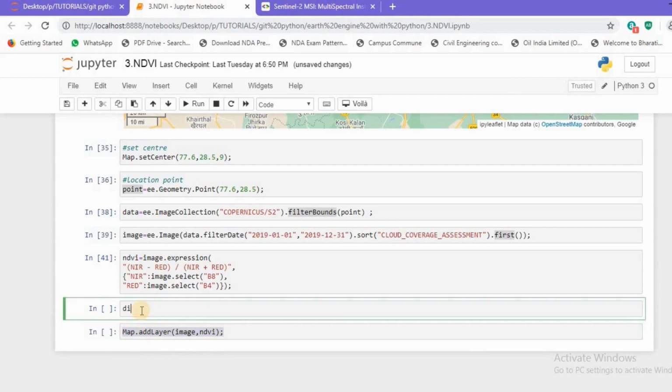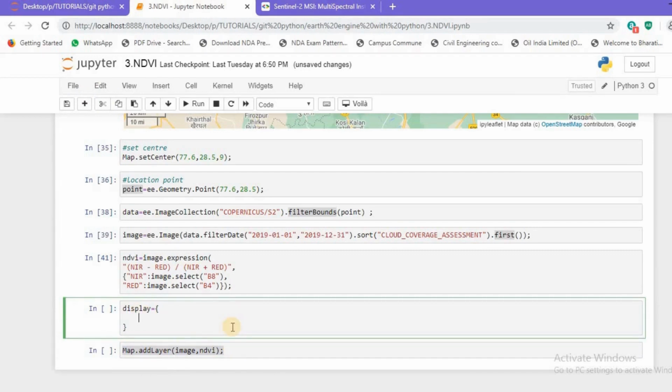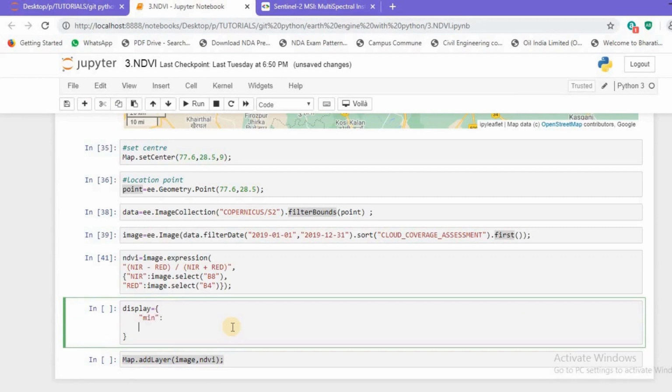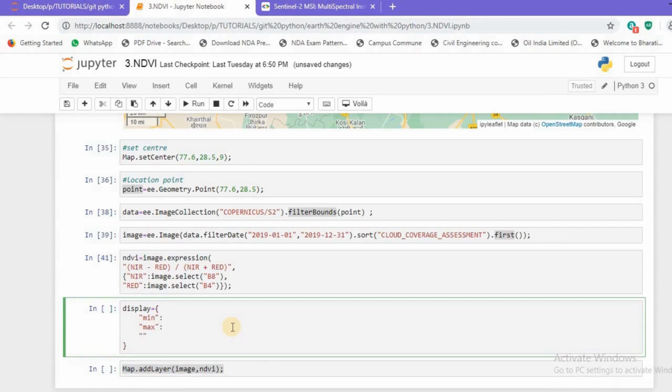So I'll create a display variable over here and I'll generate a display function. First of all I'll create a minimum value and I'll put a colon to it. Then I'll create a maximum value and I'll again put a colon to it, and finally I'll create a color palette. That's it. The syntax is important. Let's put a colon over here.